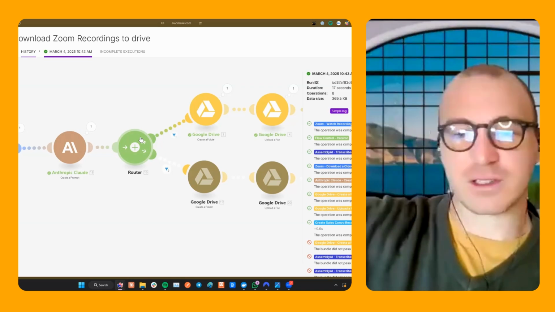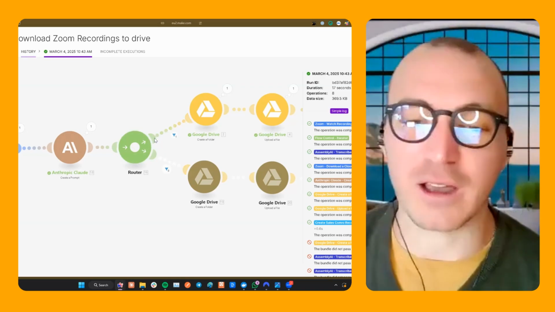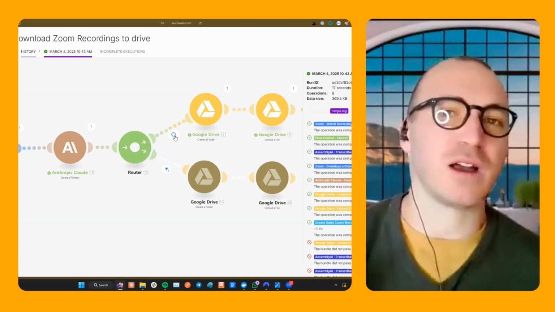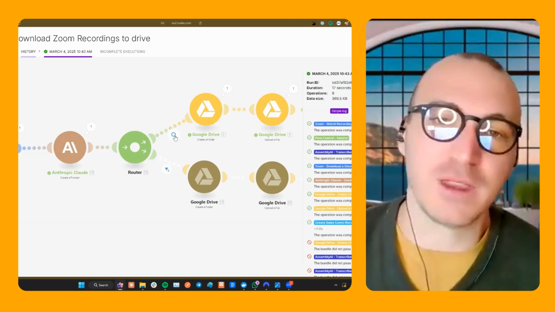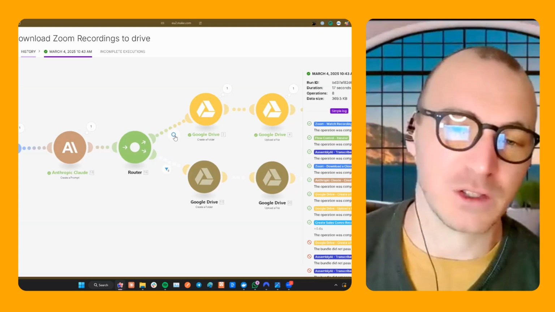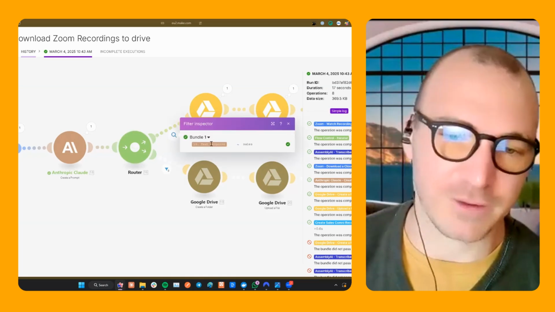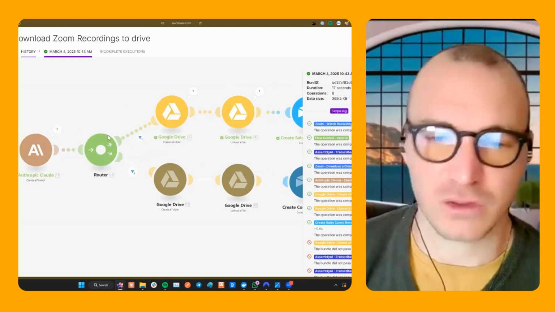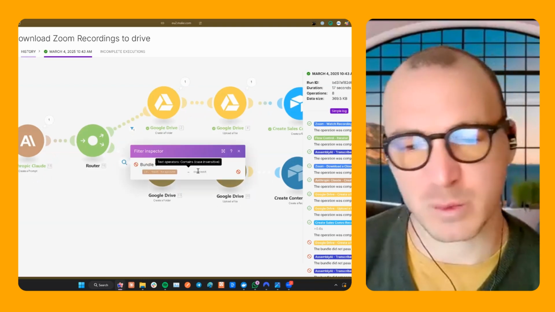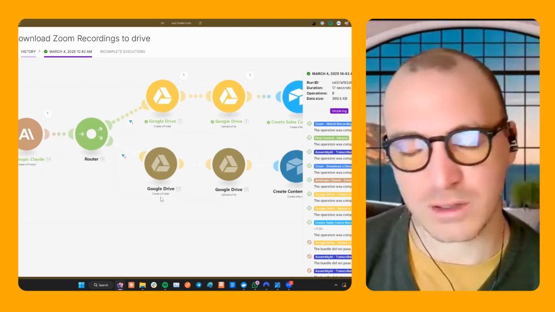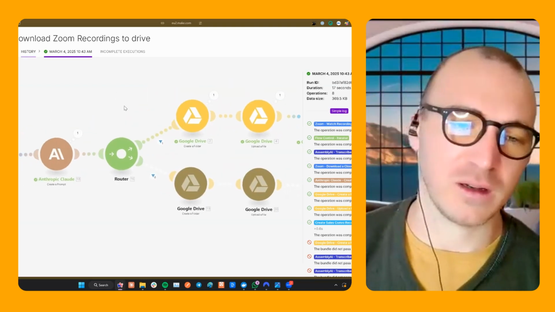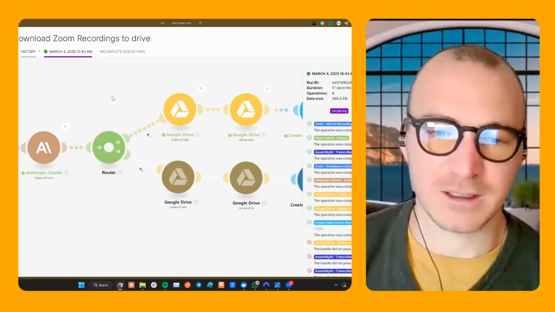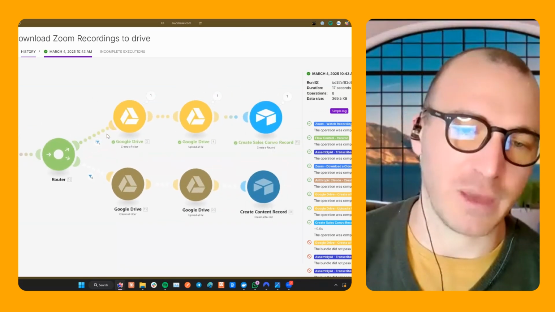this row of things first and this row of things second. But if we add filters like we did over here, we can specify in which direction we need the data to go. For this run, we're saying that if the text response is sales, then go in this direction. And if the text response is content, then go in this direction. For this example over here, I was talking to Douglas, and Douglas was a sales call, and so it automatically